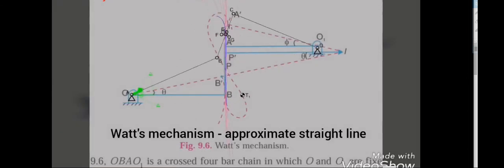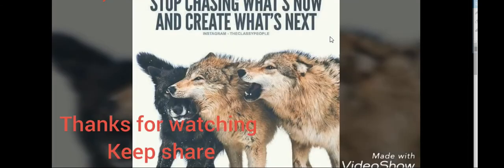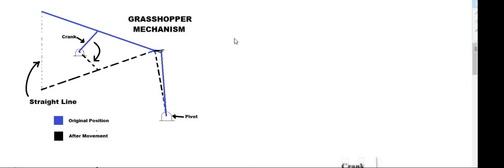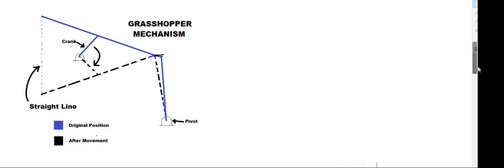And one more is there, I will show you. This is known as Chebyshev's mechanism that I mentioned earlier. This is also a straight line mechanism, very complicated but not in use. You should only hear the name if somebody asks you in future GATE exams or something. If it is a Chebyshev mechanism, it is an approximate straight line. So that is what we have to learn about straight line mechanisms.